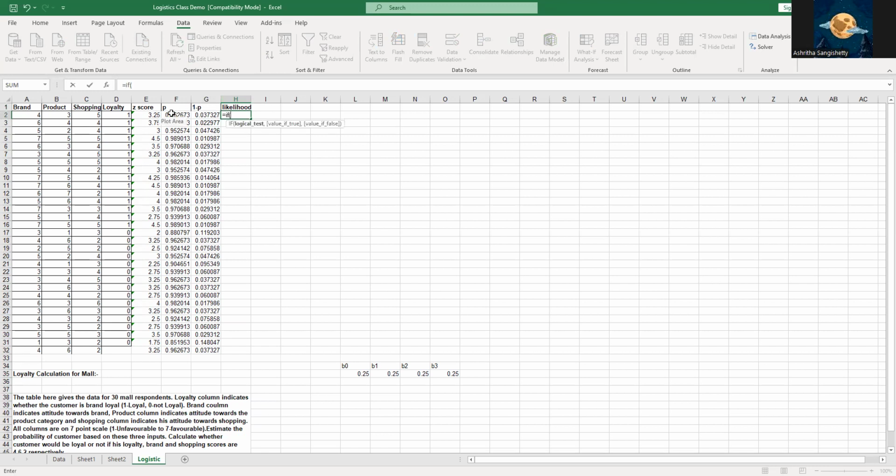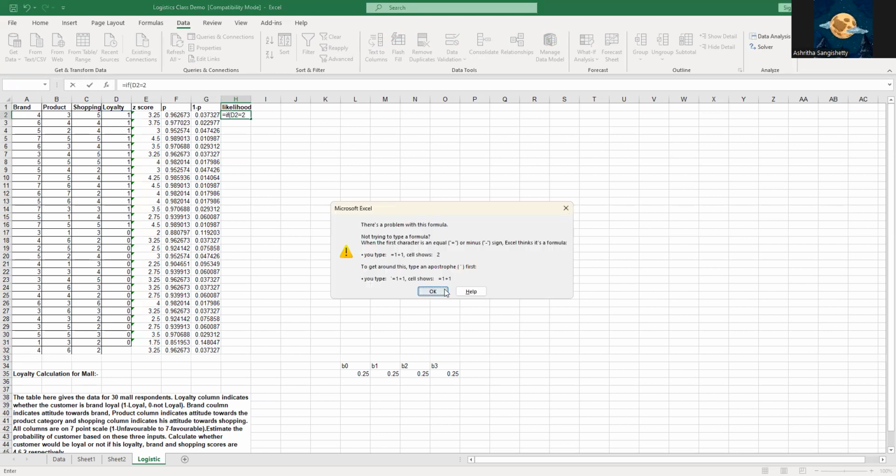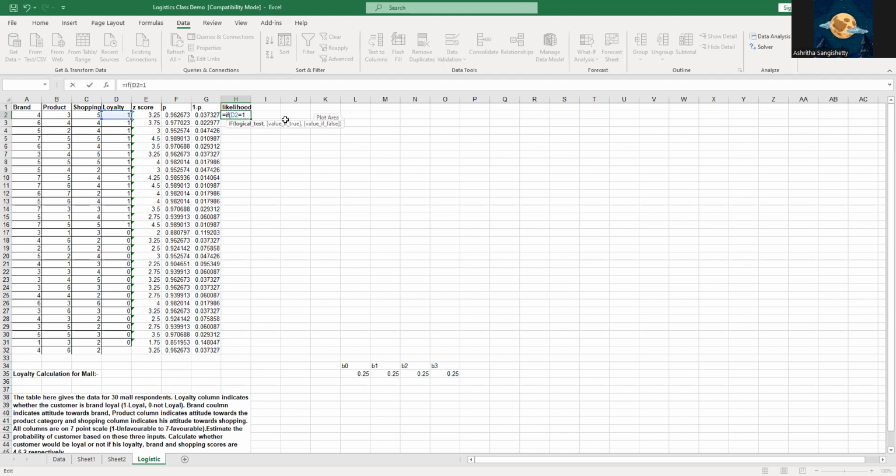If the loyalty is equal to 1, then the value to be displayed here is the p-value. Because it says 1, that's a positive response, and the likelihood of a positive response is represented here. And if it does not say 1, then the false value is displayed, which is 1 minus p. So that and enter